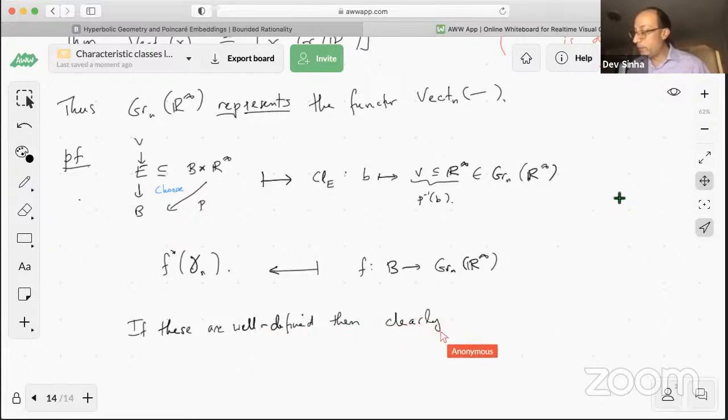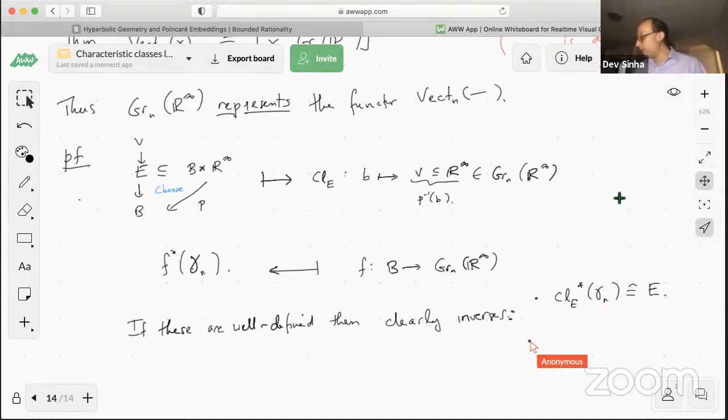And let's just at least talk through that. Well, what does that mean? That would mean that if I've got my E embedded, I take CLE and I pull back the universal bundle, then of course I'm going to get E back again. And on the other hand, if I classify the map for the vector bundle pulled back from the universal bundle, then I'm going to get F,